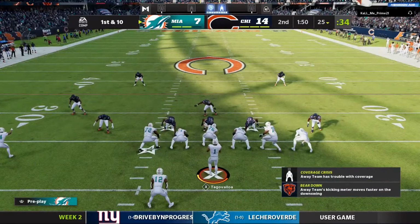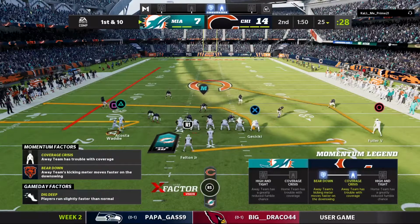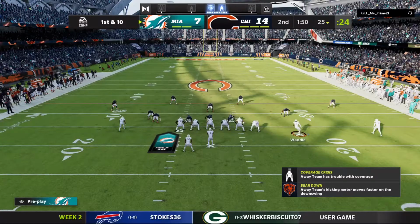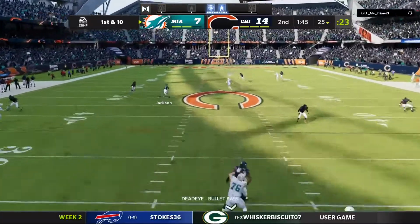The Dolphins at the line ready for their next drive. Following the pick six, and they had decent field position in throwing that pick six. We'll see how they attack this drive. And I think all you say to your guy is, listen, let's just take care of the football a little bit better. Make some better decisions on this drive, and they'll probably help him a little bit with maybe some